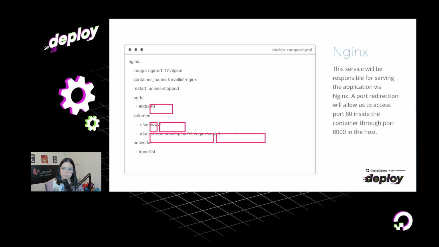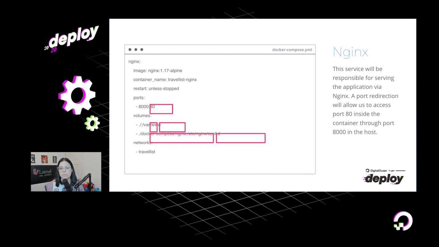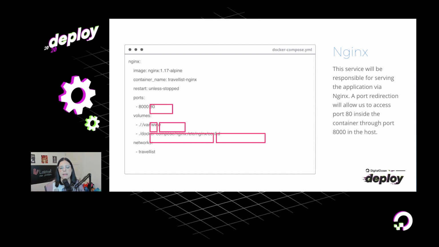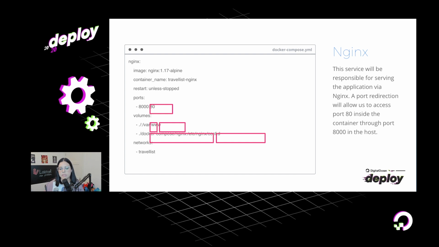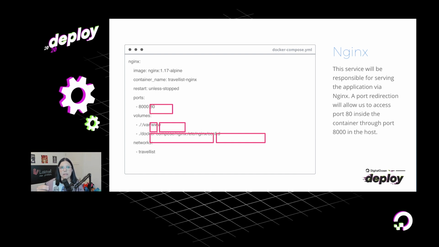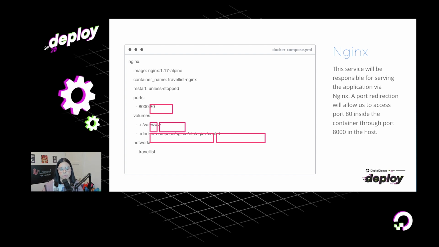A lot of images have their own features. So you're going to look at Docker Hub and you see something like create a volume share for this directory, and then you will have this feature.